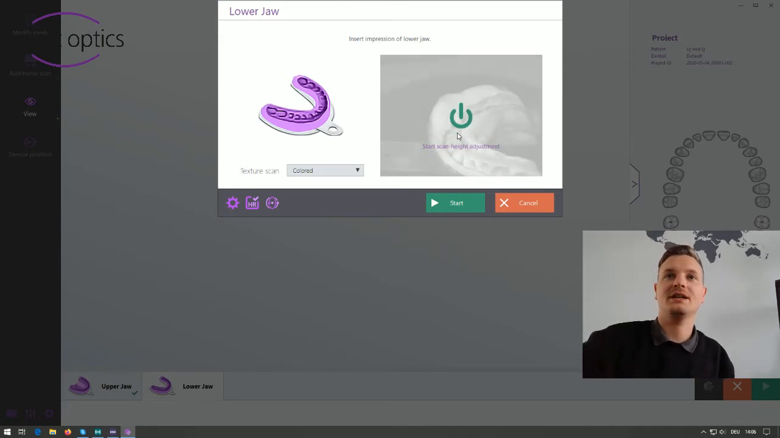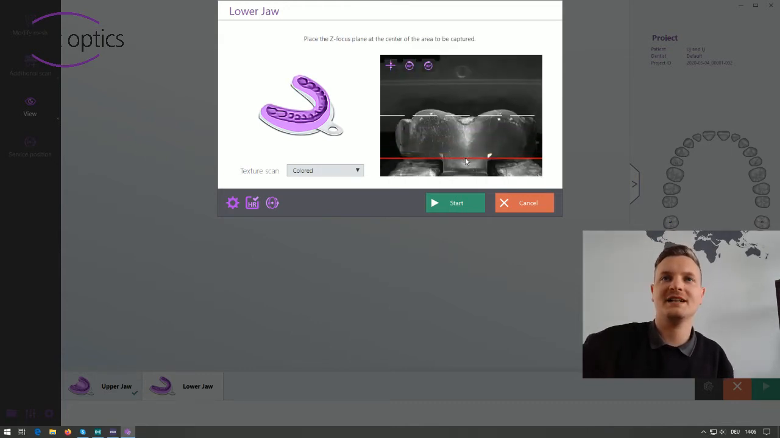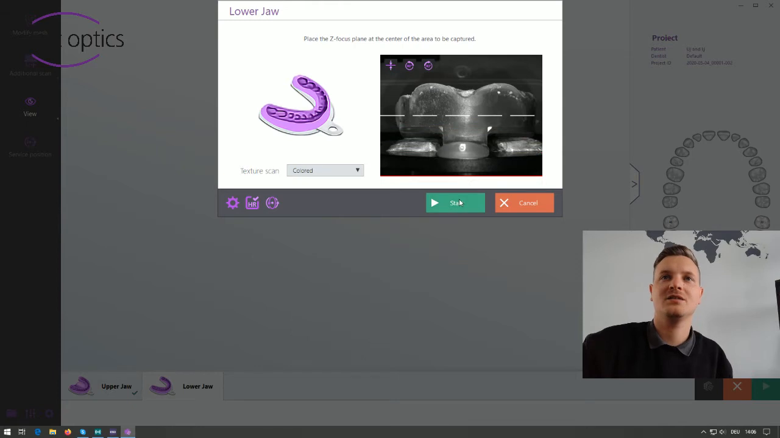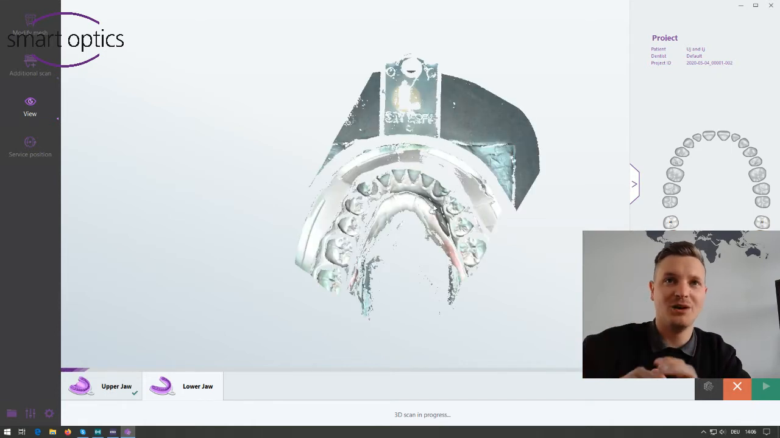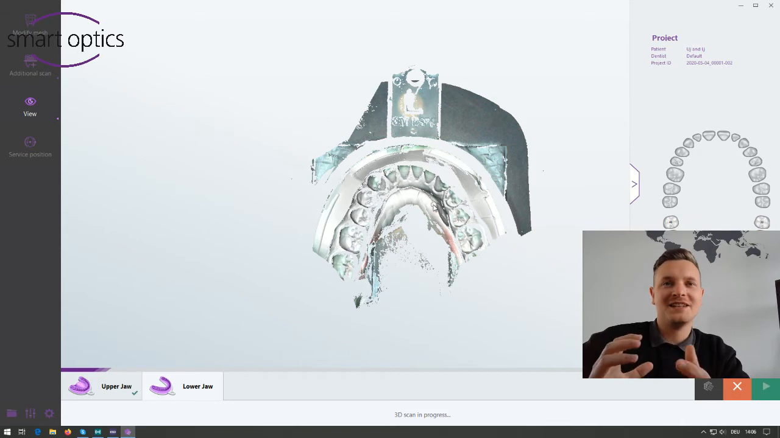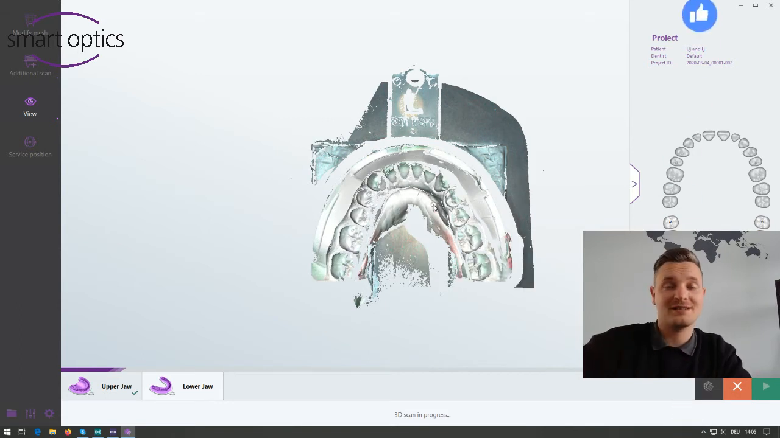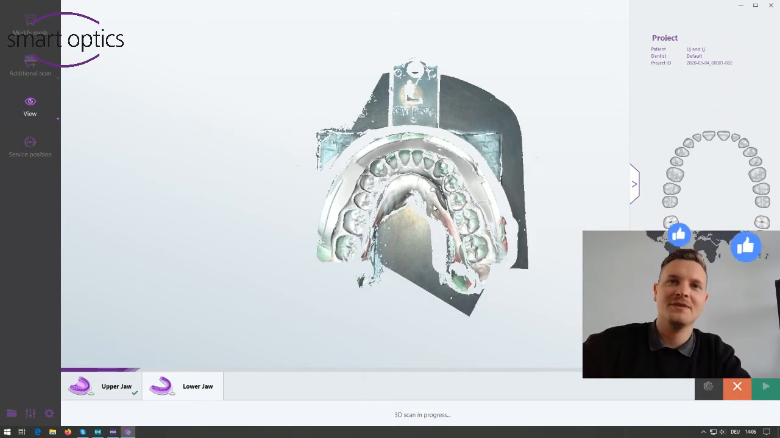And then we can do the adjustment of the Z-axis height again. Great. And start the scanning. So maybe you saw some holes in my upper jaw scanning. Yeah, these holes have two reasons. The first reason is that our